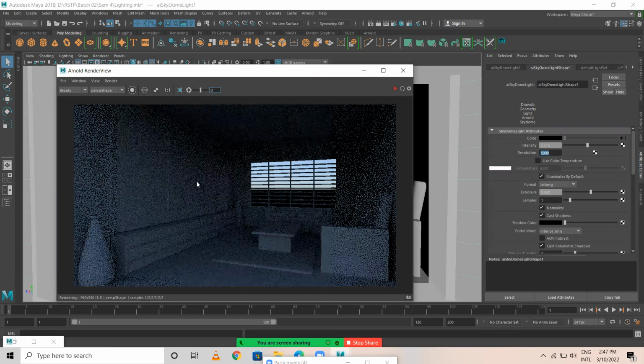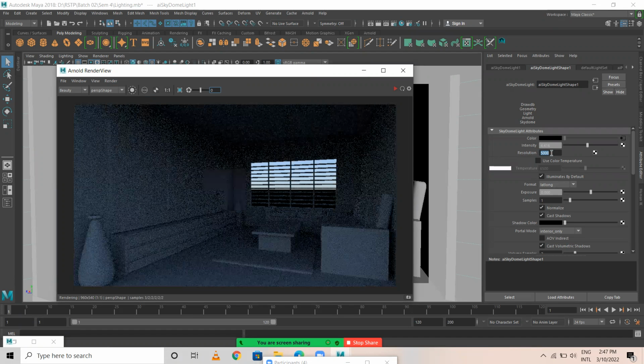These pixels and all, it will eliminate. When I increase resolution, it takes time to render one particular frame. Maya software default render engine is very quick, whereas Arnold engine takes time to render, but you get a very high quality output, top notch, I can say.